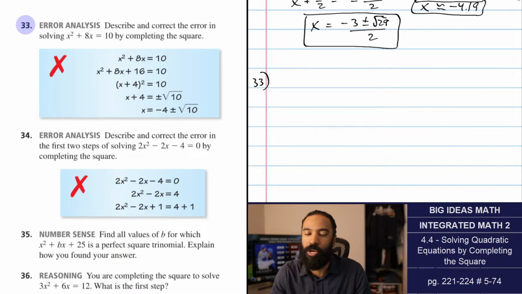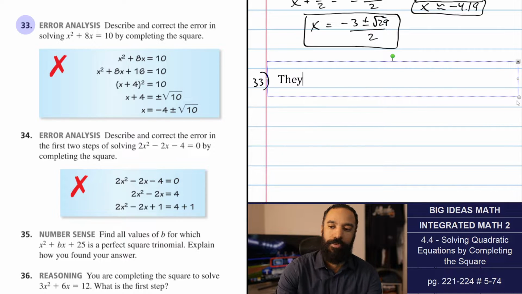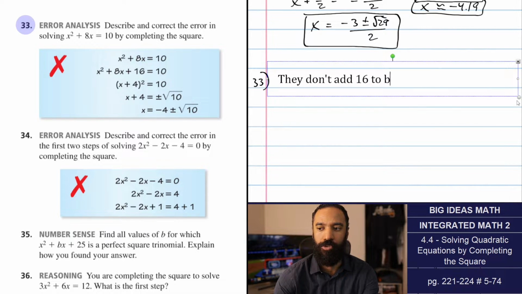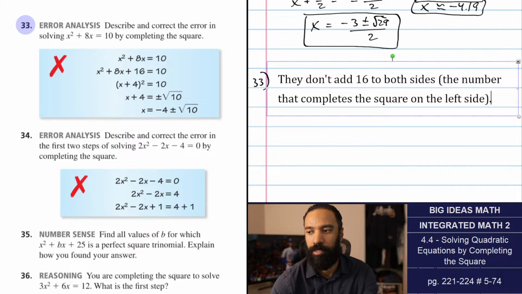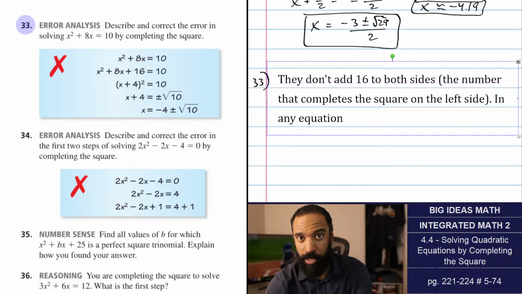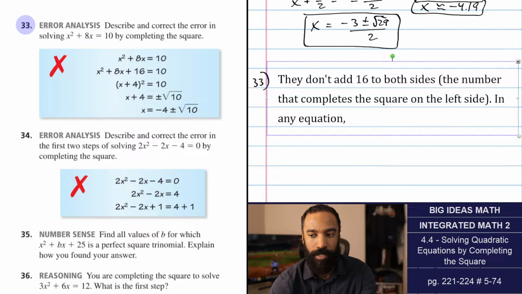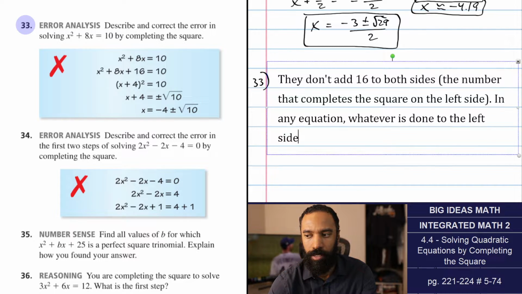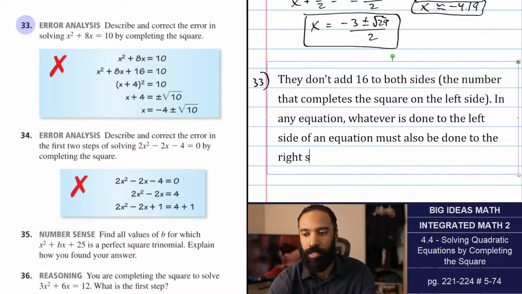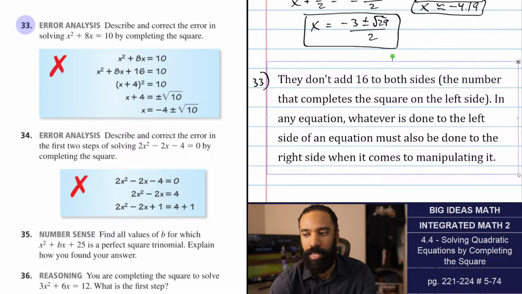They don't add 16 to both sides. So, in this problem, they don't add 16 to both sides. The number that completes the square on the left side. In any equation, this is not just completing the square, guys. In any equation, whatever is done to the left side of an equation must also be done to the right side when it comes to manipulating it. That includes